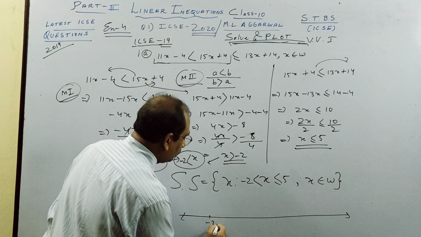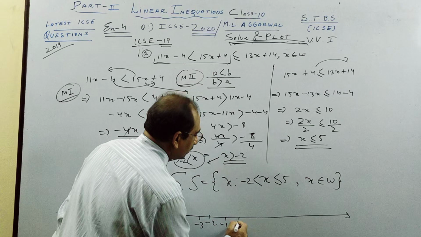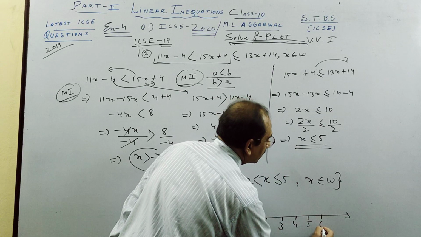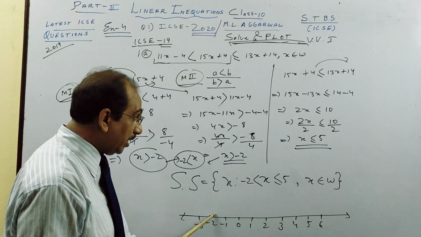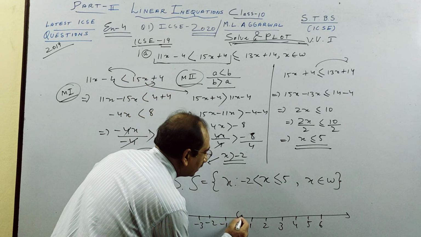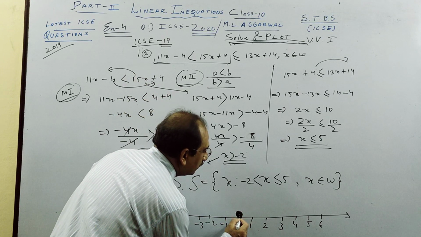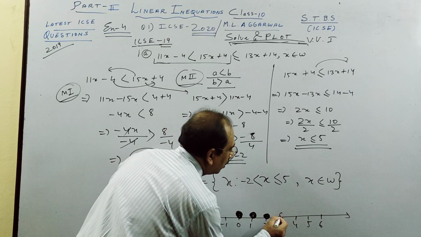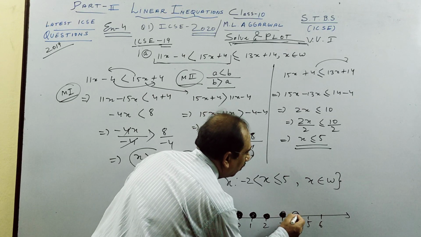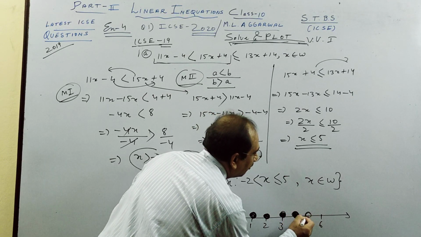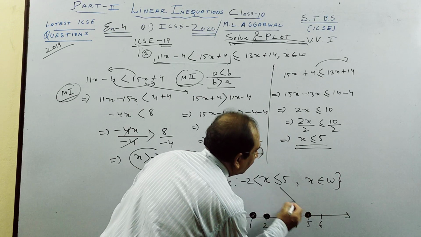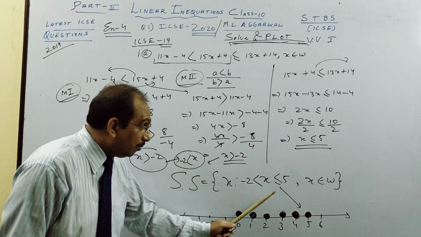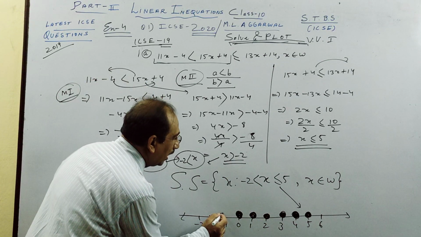X minus 2, I said take one more: minus 1, 0, 1, 2, 3, 4, 5, 6. Now listen here, x is greater than minus 2, but this is a whole number. A whole number starts with 0. So you darken 0, a little up so it will be prominent. 0, 1, 2, 3, 4, and 5, including 5, if you see. So x greater than minus 2, you cannot, this is not an integer, next sum I will show you. A whole number starts with 0, so don't plot minus 1, if you plot minus 1.